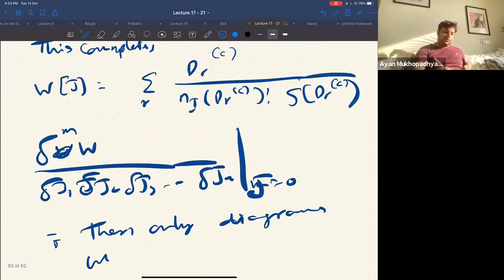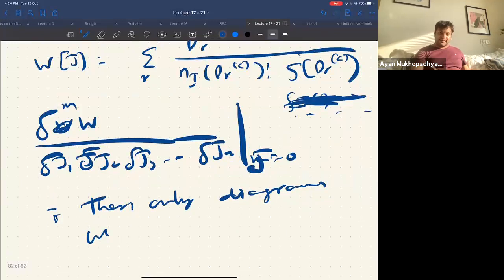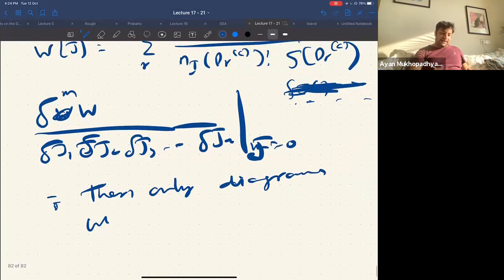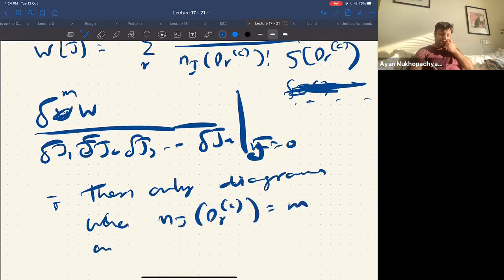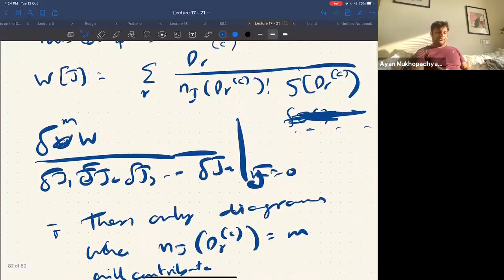Of course, when I do this, you know that we are integrating over J's. In each diagram there are nj's, the number of J's. In each such DRC, there are nj DRC number of J's. So when you're differentiating with respect to J's, if a diagram has fewer J's, it will differentiate to 0. Then, putting all the J's to 0, only diagrams where nj DRC is equal to m will contribute. Only diagrams where the number of J's is exactly equal to m will contribute when I differentiate and put J to 0. And when I do a differentiation, you see this factor actually cancels out,